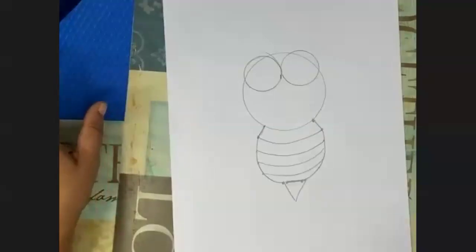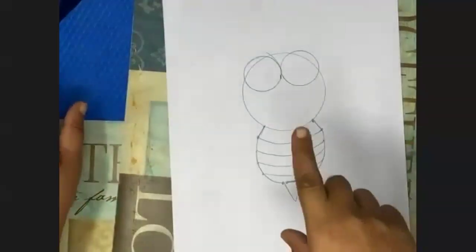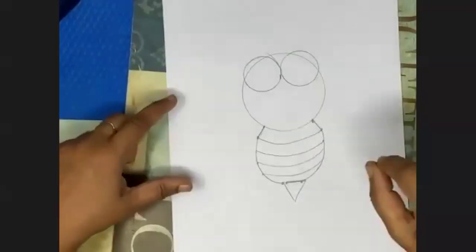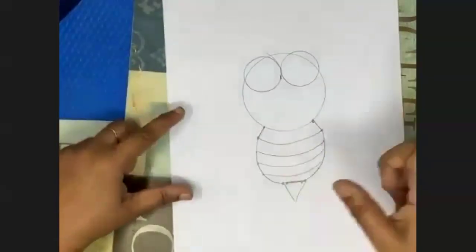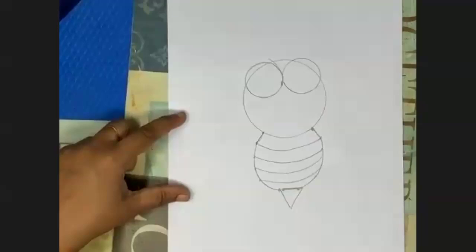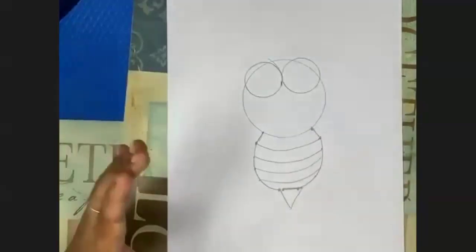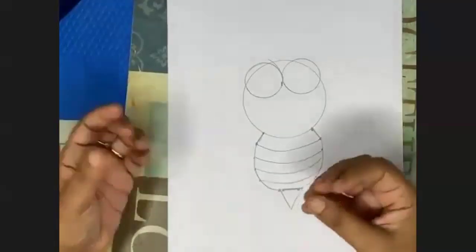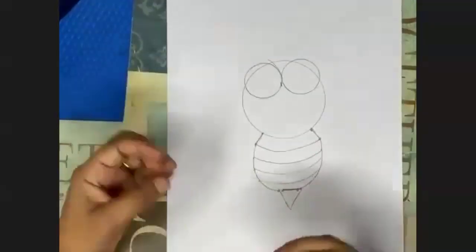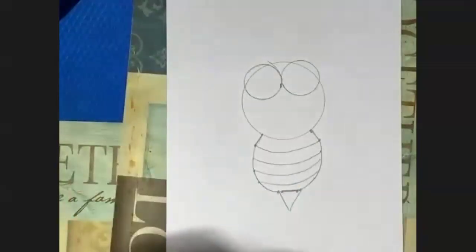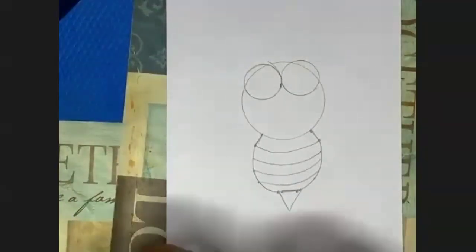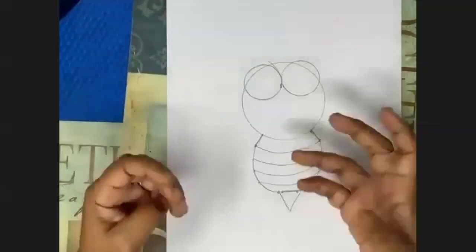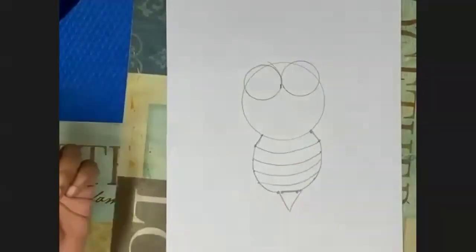Acha, one more thing I forgot to tell you in the beginning. Be hardworking. Suppose a topic of this kind you're getting, so you can show that topic with help of any creature which symbolizes hard work. Like honeybee is very famous for hard work. So if this kind of topic you are getting, you can make honeybee. Focused, be focused. So you can make sunflower. You can make heron also.